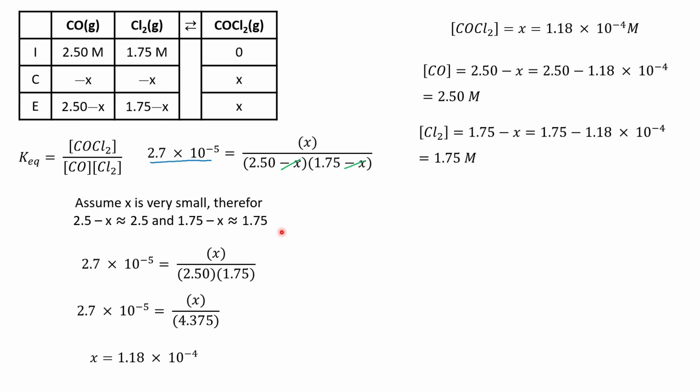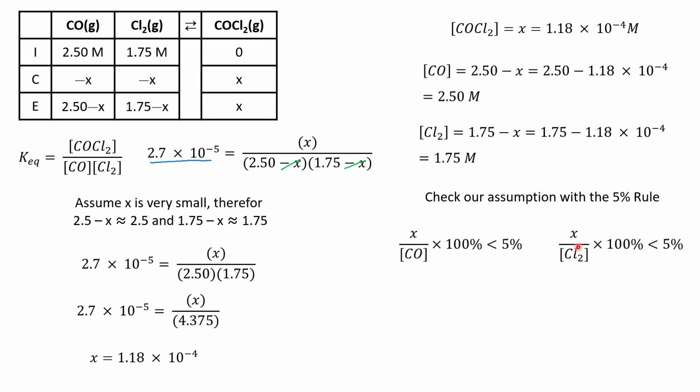But we can actually test this with something called the 5% rule. So our 5% rule states that x over our initial concentration of carbon monoxide times 100% should be less than 5%. If it is less than 5%, then our assumption is good. Okay, so the same thing is true for our chlorine here. Again, our value of x over our initial concentration of chlorine times 100% should be less than 5%. So let's put these numbers in. So our value for x, of course, is 1.18 times 10 to the negative fourth divided by 2.5 times 100%, and we get